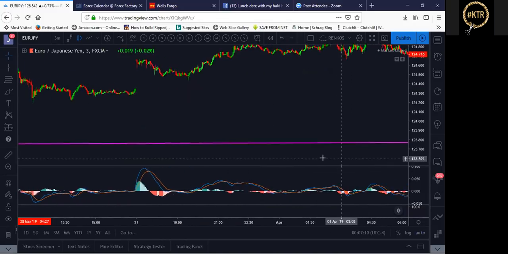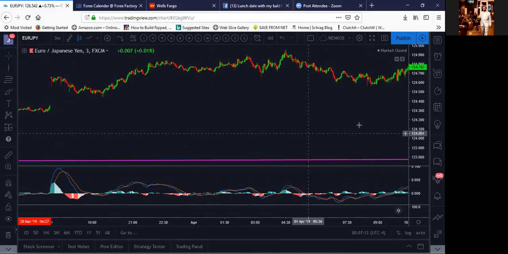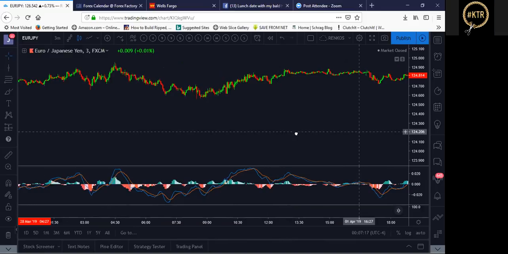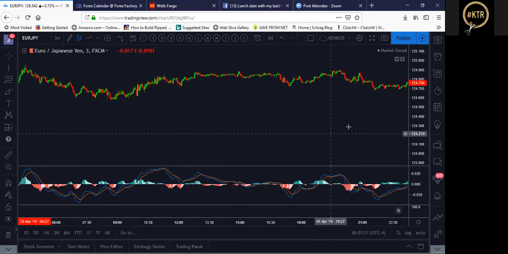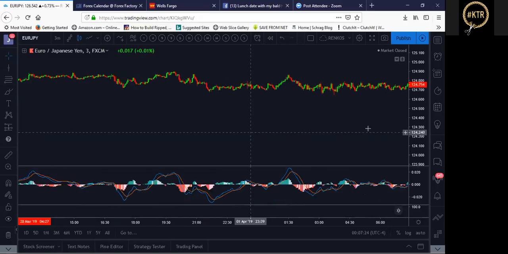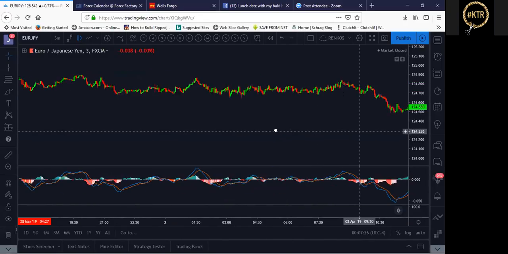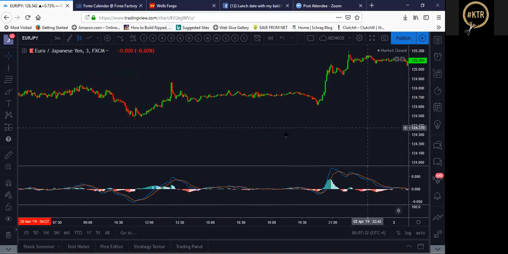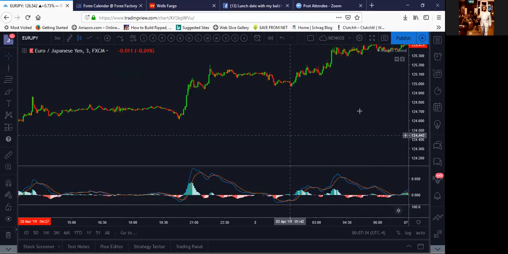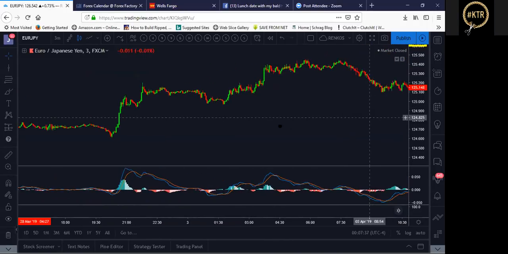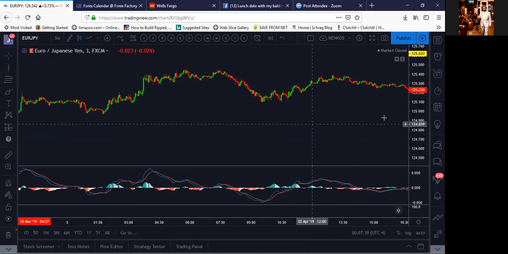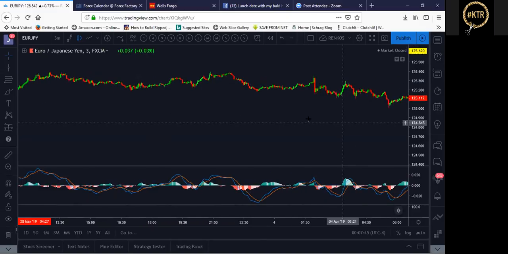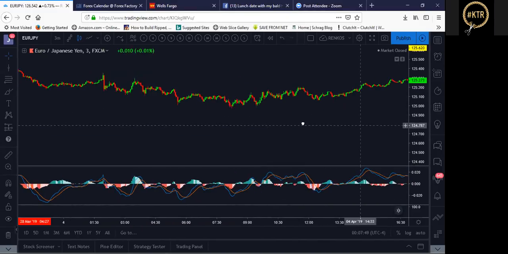I'm being extra right now because I want you to see the power of the divergence. Now, I was only looking to be in this trade for 20 to 30 pips because I am a scalper at heart. But seeing divergence on a higher time frame, oh my goodness, I'm just going to keep going and going. I've turned into a swing trader. And we're still going. Being in the market for 15 days in the blue